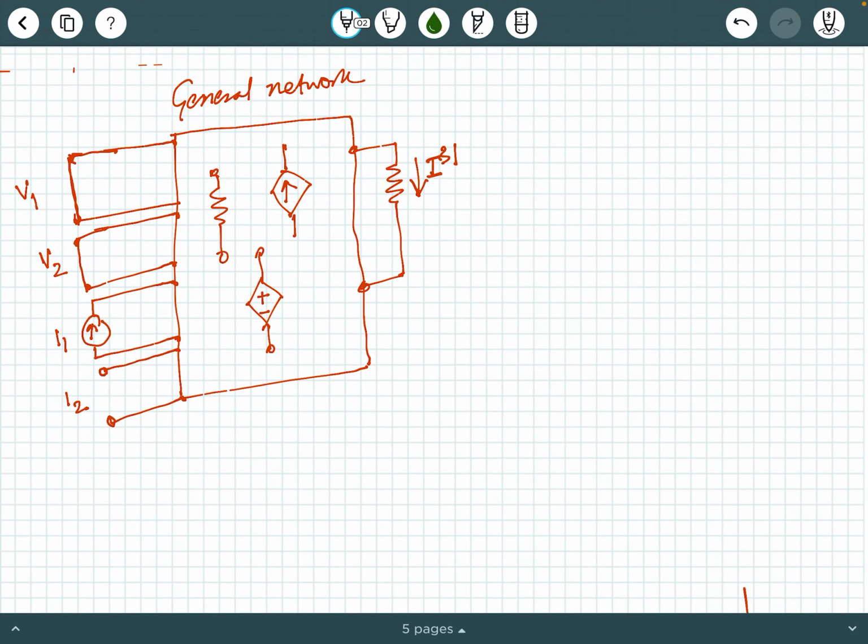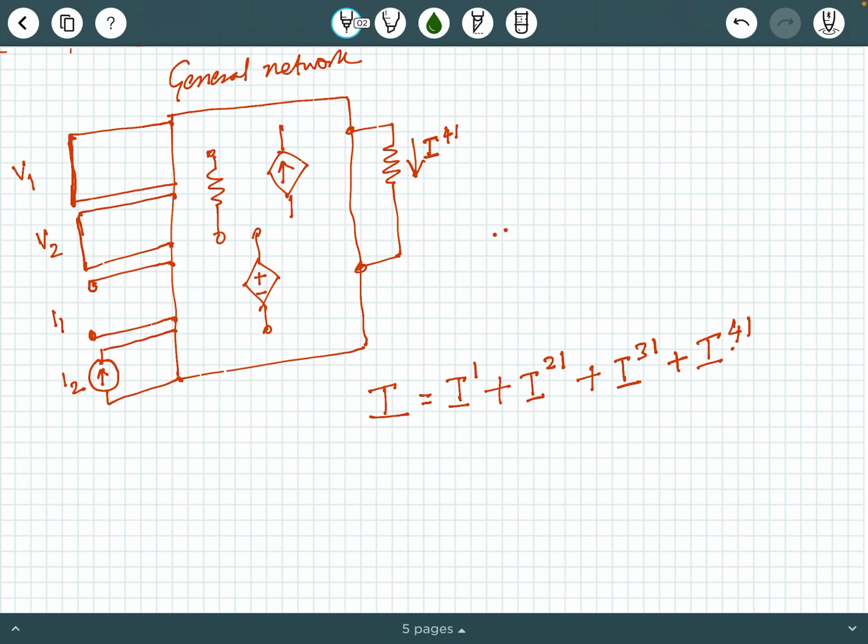Okay, so this is I2 dash. Similarly, I again remove all the sources except the third one here, that is I1. So I have a source over here, only I1 is active, and the rest, V1 equal to 0, V2 equal to 0, and I2 equal to 0. In that condition, again I calculate, and the rest of the things remain as they are in the circuit. This time I calculate the current over here, which is I3.